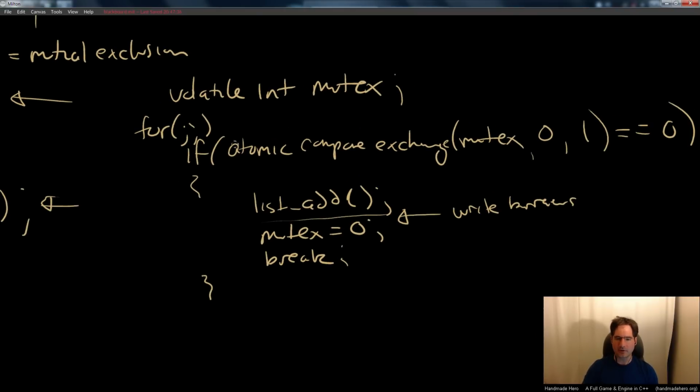All right. So now if another thread, while we were in here, came through and did if atomic compare exchange, right? What's it going to do? Well, that mutex is set to 1, right? So this will fail. And when it fails, because it will return a 1, it won't equal 0. When it fails, it'll just skip this and loop and try again. So what will happen is the first thread in will set it to 1 and do the operation. The rest of the threads will just sit there trying to atomic compare exchange over and over and over again